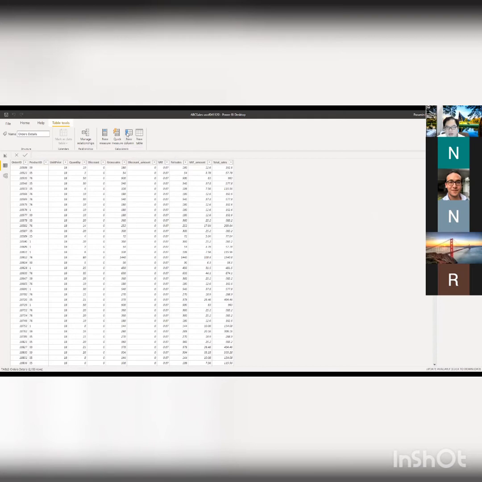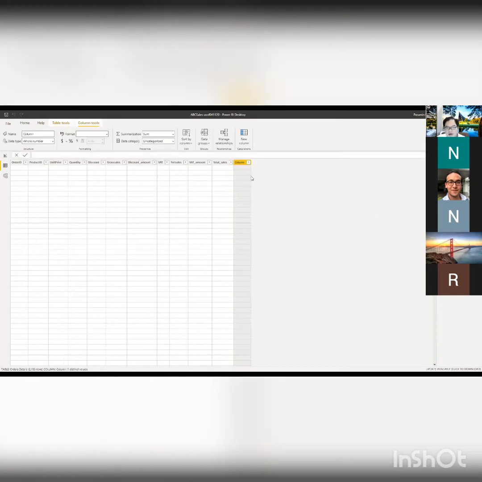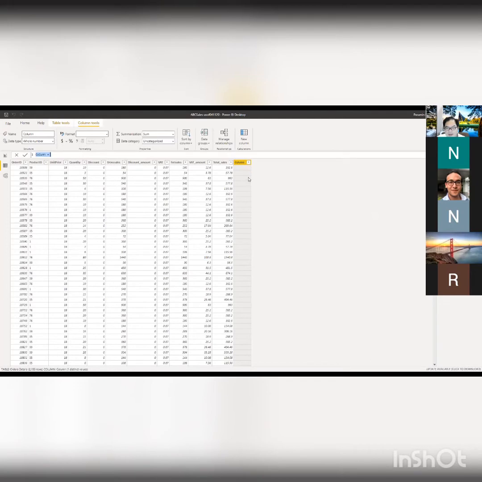You just click on new column, so there will be a new column created on the right hand side of your table. The name of the column is called column, you can change it later. You can see that right now the name of the column matches this one